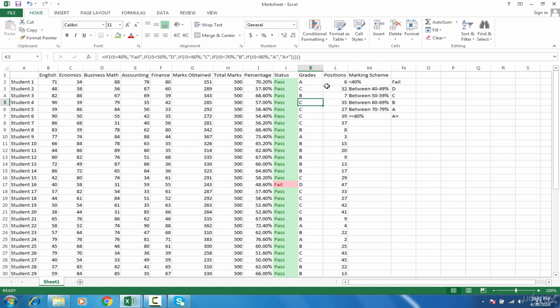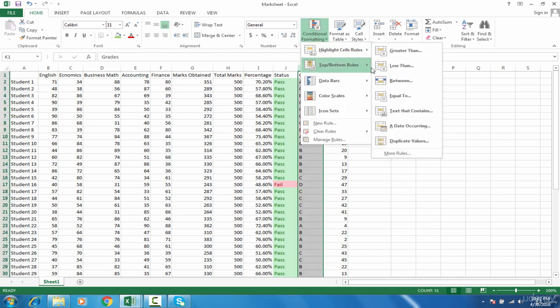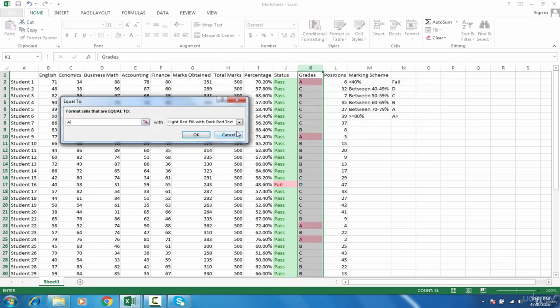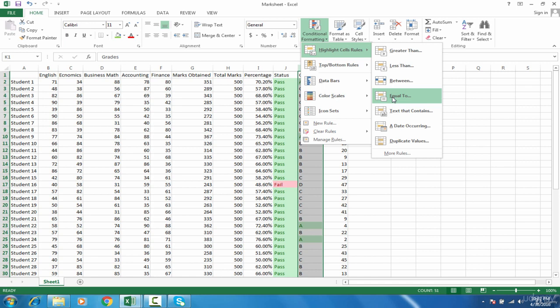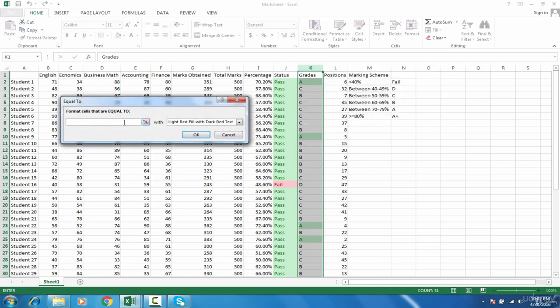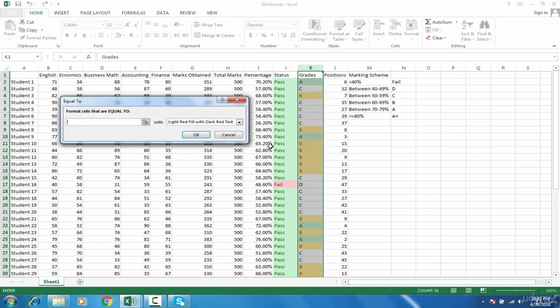Similarly, if you want to highlight the grades, you have to follow the same steps. Just select the column, go to conditional formatting, highlight cell rules, equals to A, highlighted with green. OK. Conditional formatting, highlight cell rules again, equals to B, highlighted with, for example, yellow. Okay. Conditional formatting, highlight cell rules, equals to again C, highlighted with, let's say,